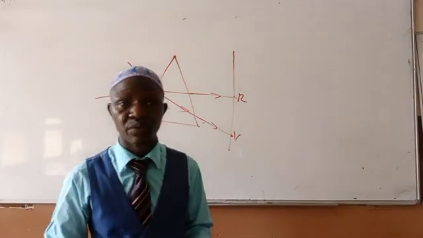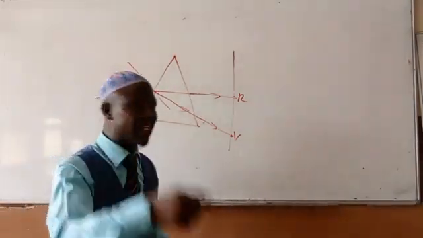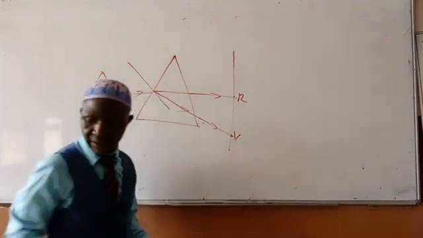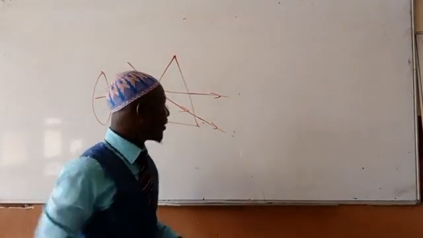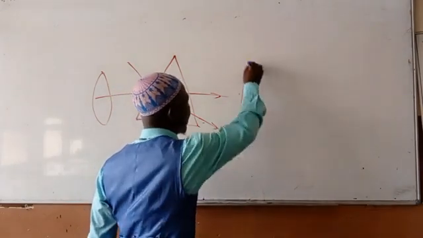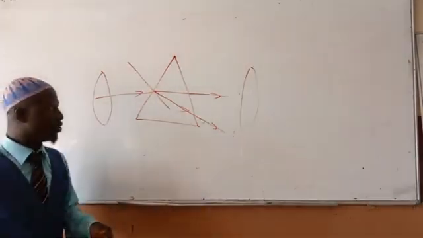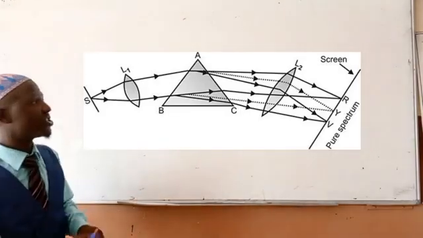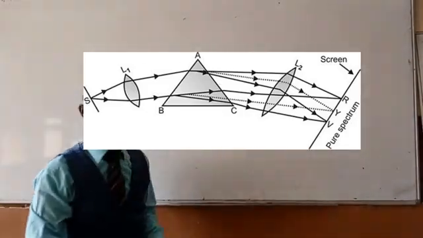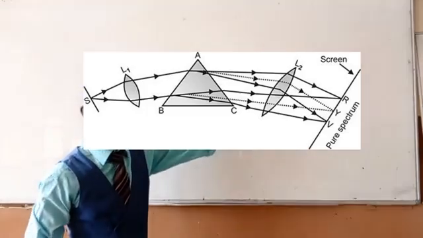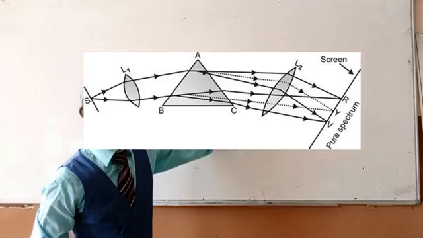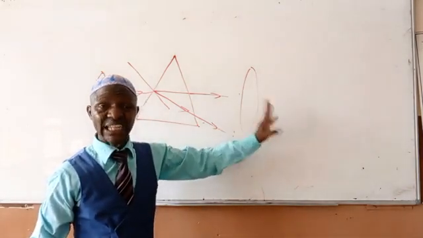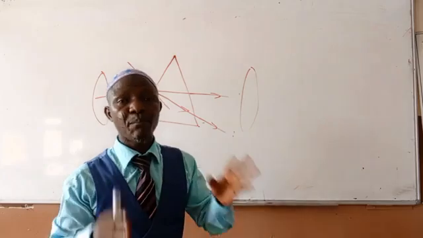Then how can you now make it pure? You need two convergent lenses. You place one here. Around this place, we place another one before the screen. As you can see, look at this diagram now. You can see that it comprises two lenses. So that at the end of the day, you will now see clearly on the screen red, orange. You see red clearly before orange, orange clearly before yellow, and that kind of separation is called pure spectrum.